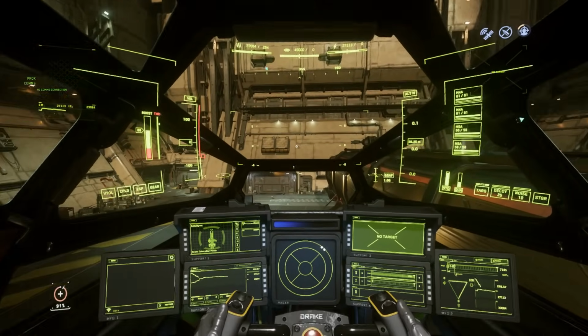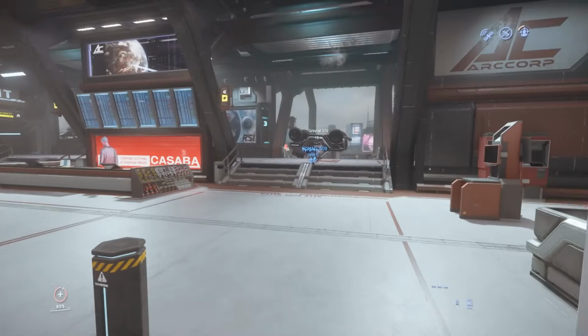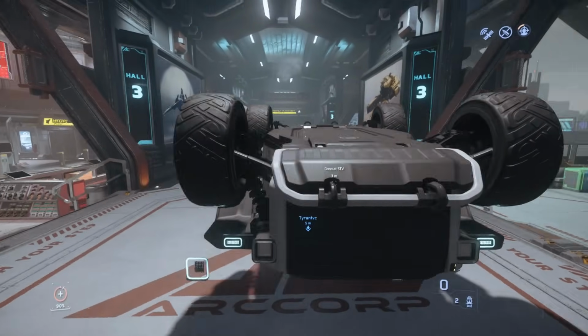We'd successfully placed an STV into the spaceport. There was just one problem though. This STV was upside down. Oh my god. Wait, if this vehicle had landed the right way up...